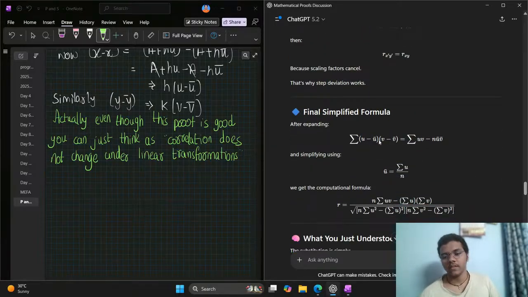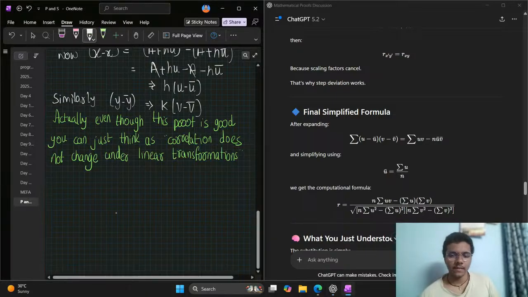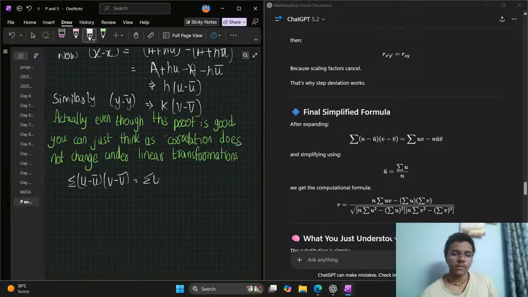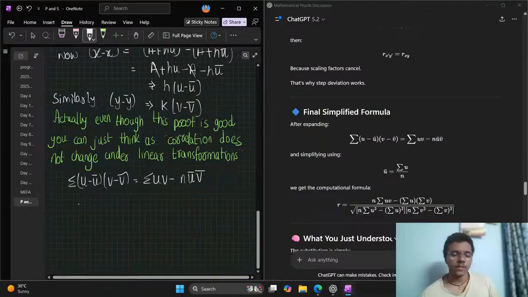So he said this as some sort of identity. Sigma (u minus u bar)(v minus v bar) equals sigma uv minus n u bar v bar. An identity. This result is very important and